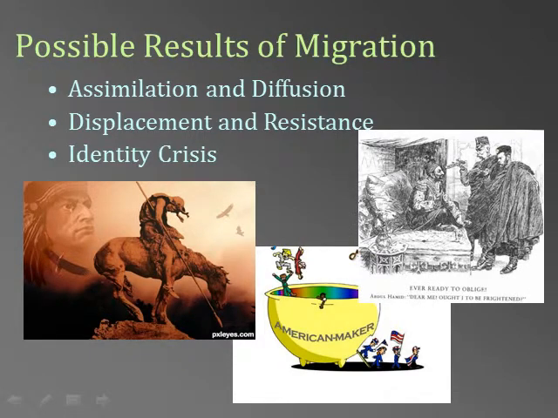Or the alternative might be to try to adjust to the migration and imperialism of the Western world, but some nations suffered with serious identity crises in the process of doing that. For example, the Ottoman Empire, which we see pictured here in a famous cartoon from Punch magazine that called them the sick man of Europe.